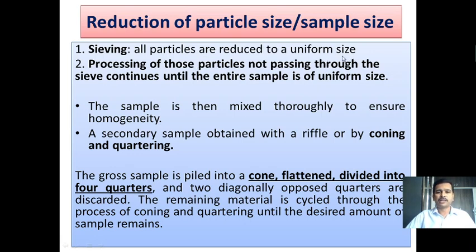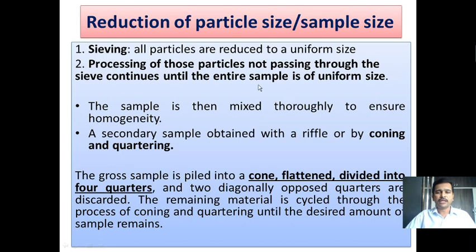All those particles which have the same size will be allowed through and the bigger particles will be disallowed. Now you have divided the larger particles and the smaller particles. Next, you subject the larger particles which are not passing through the sieve to conversion into smaller particles. You cannot ignore those larger particles because you need a homogeneous solid sample. So how to convert these larger particles into smaller particles? You have to ensure the homogeneity.